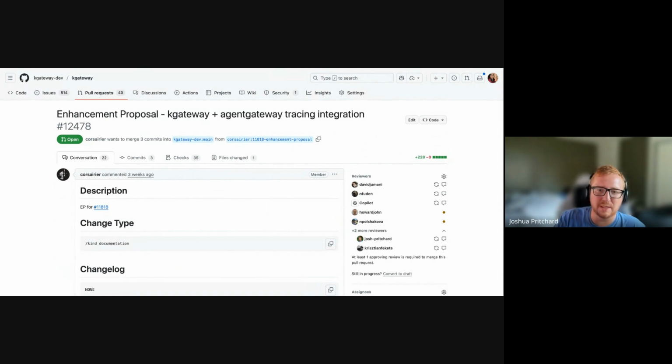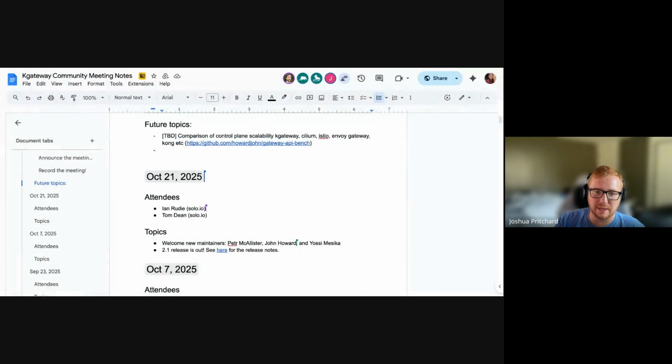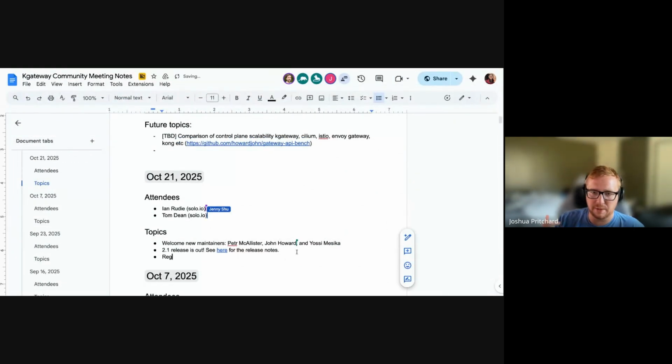Now, what's going to be important to that is really good statuses. We have some other ideas for even CEL admission webhooks or admission policy to avoid policy going in that isn't for the implementation you're using as well. So there's a lot of ways we can get it back to the user, but the most important thing is that we're consistent, it's documented well, and we have feedback for status.